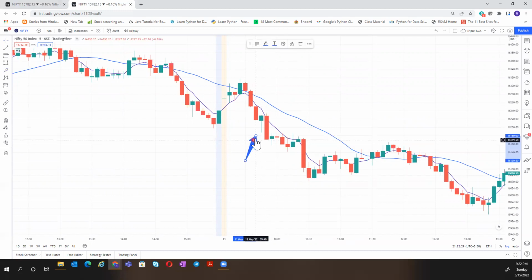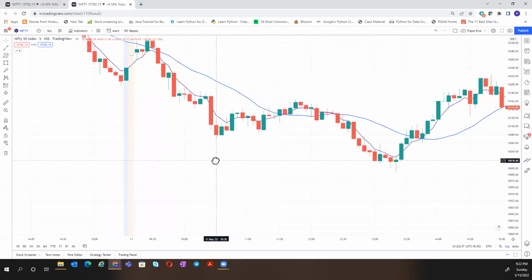I had 50 points, 1:2 from here. From below this, I had 1:2. I took 50 points. Now watch this one. Just showing you at the bottom,